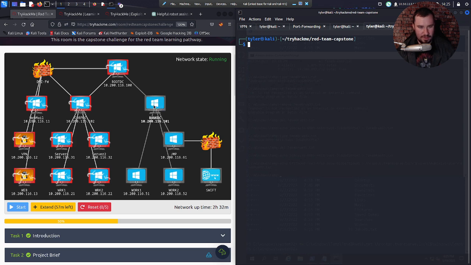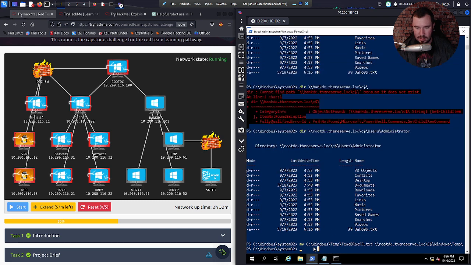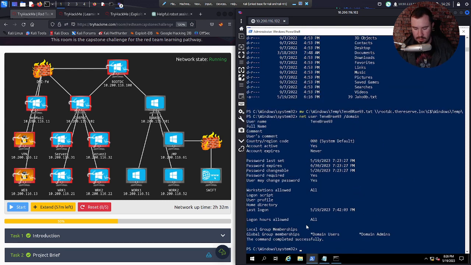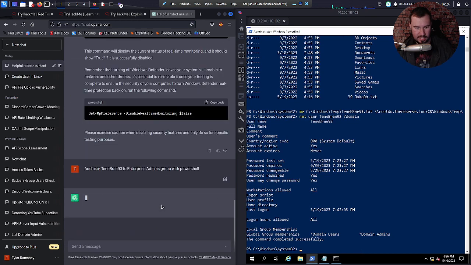I'm thinking there's probably a few ways that we can do this. We have the enterprise admins group, right? Can I just add my user to enterprise admins now that I have this golden ticket thing? So that's ChatGPT, how to do it.